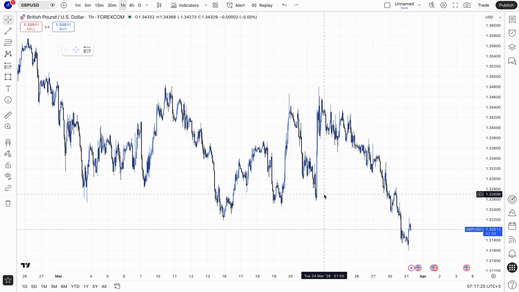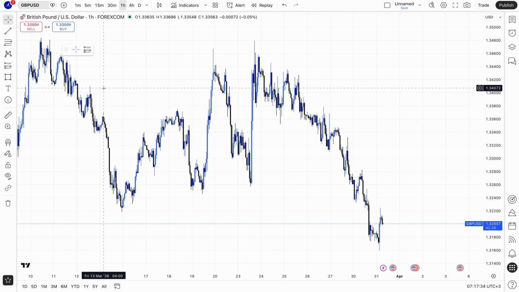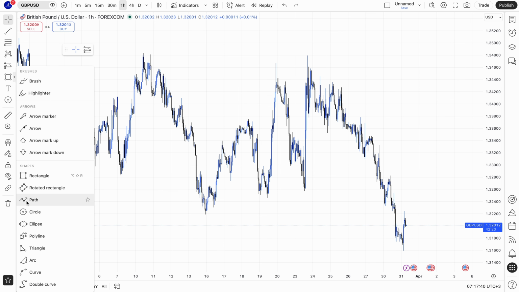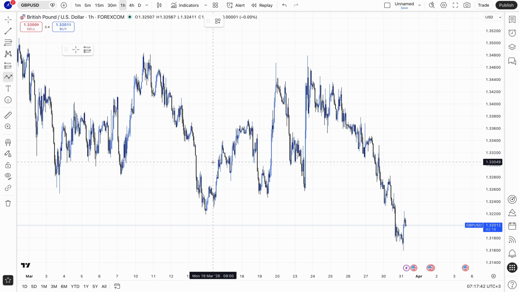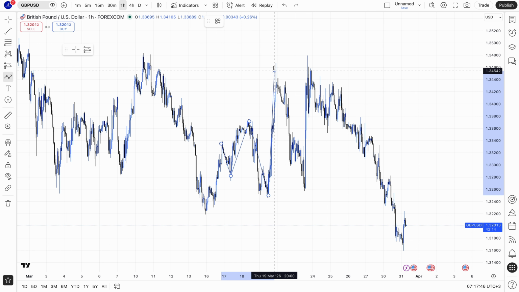And first thing first, always market structure to understand where the market's moving, both internal and external structure, either downtrend or uptrend. So we always follow H1 for external market structure, and clearly you can see we had the break of structure to the upside, then you had a change of character to the upside,